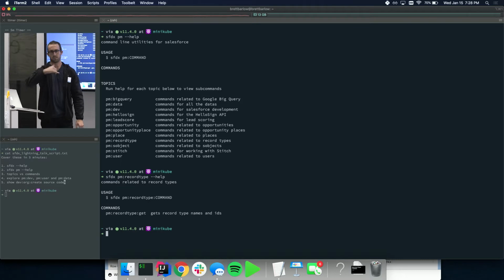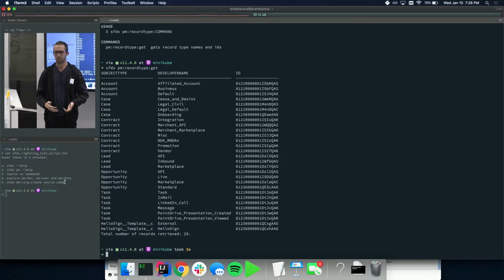If you run --help after anything, it'll show you what's there. A really simple one that I made to save myself some time: I kept having to query record types and get IDs and names and stuff, so I just tossed those out. Another kind of silly one is user get